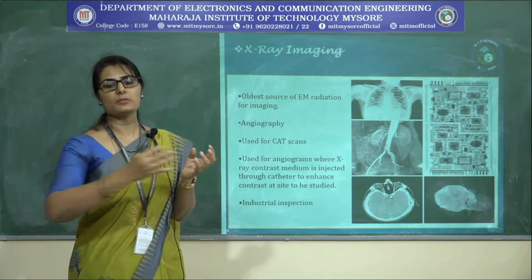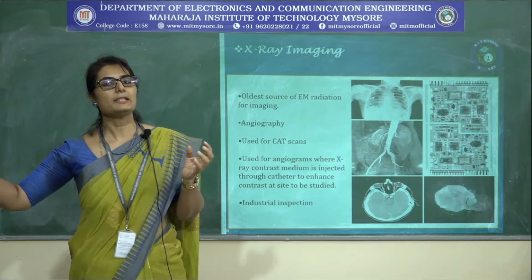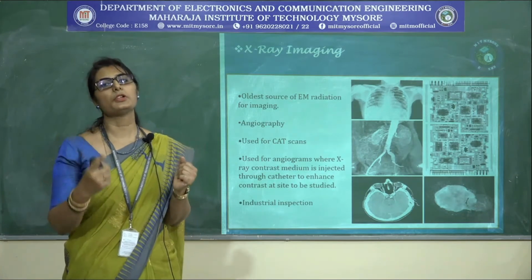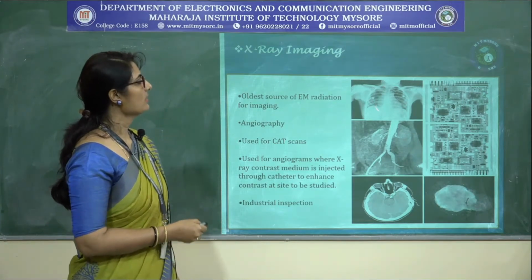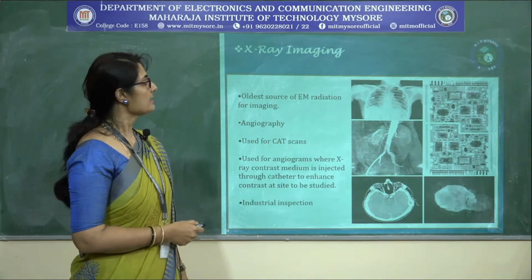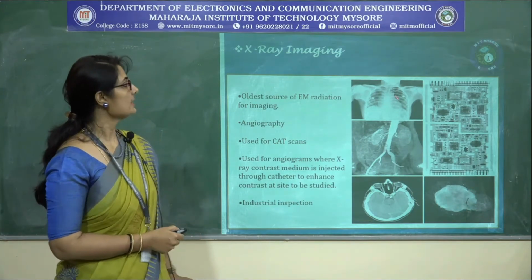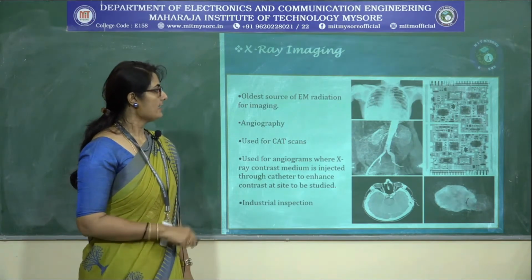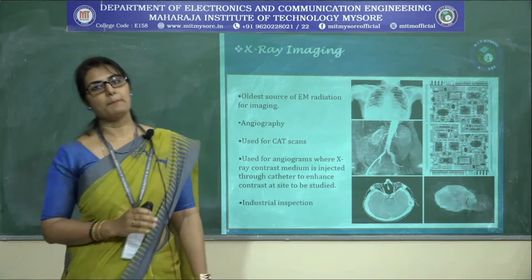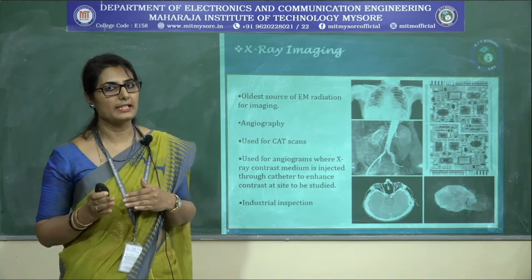And these X-rays are made to pass through the patient and are collected by the detectors in order to produce X-ray images. So, this is an X-ray image of the human chest. This kind of X-ray image is used to identify fractures present in the bone. As well, another major application in the field of contrast enhancement radiography is